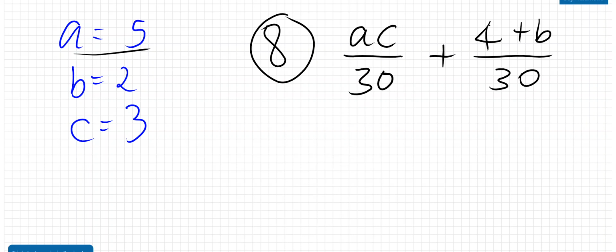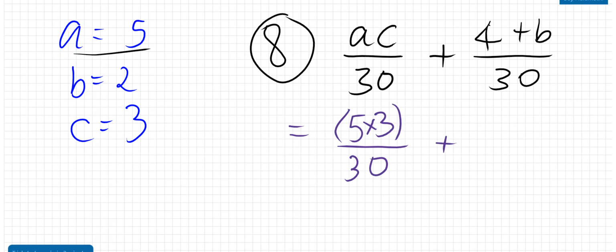Okay, for this next example, once again we have fractions. So let's replace everything step by step. So here I've got AC. Okay, remember it's saying A times C. Please do not write A is 5 and C is 3, because we don't have 53, we have 5 times 3. Because sometimes students make that mistake. So 5 times 3 over 30. I'll put brackets around this because I know they belong together, and I've got to calculate that first. And then 4 plus B, once again brackets, 4 plus B, instead of B, once again B is still 2,